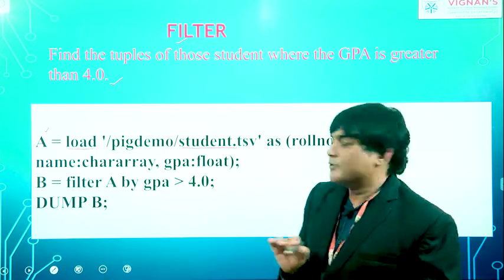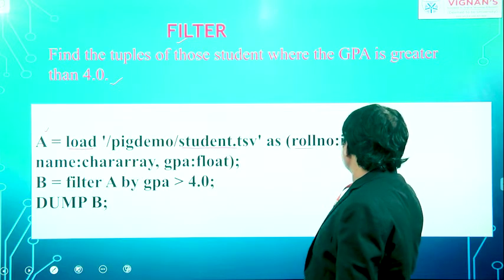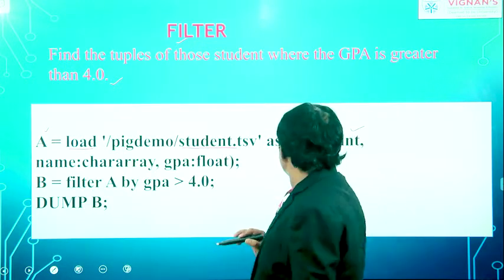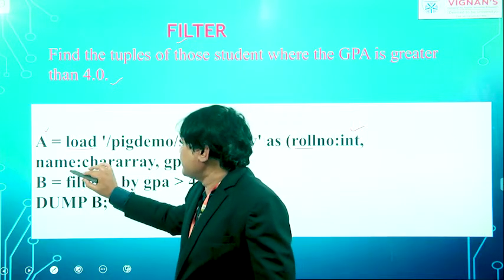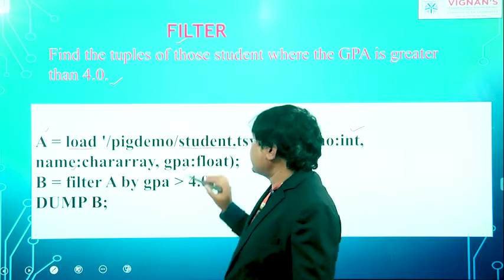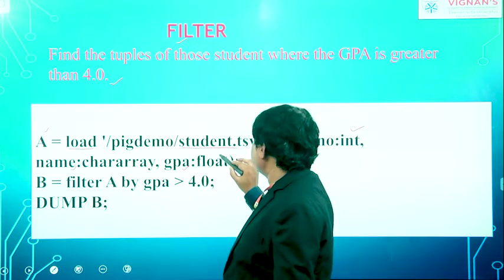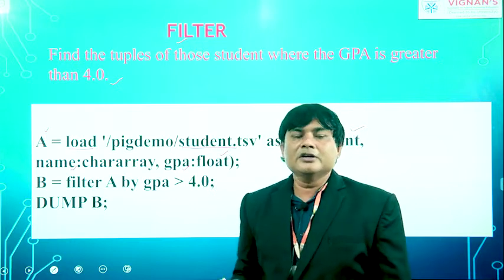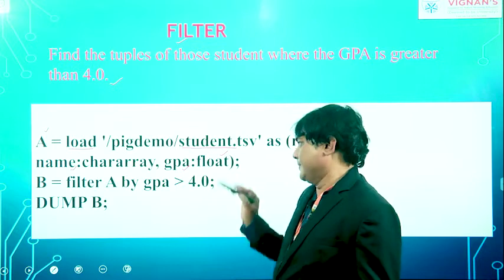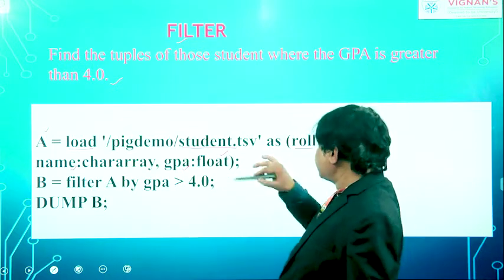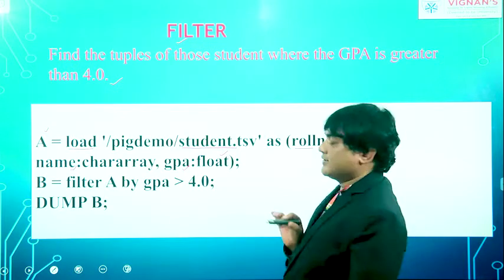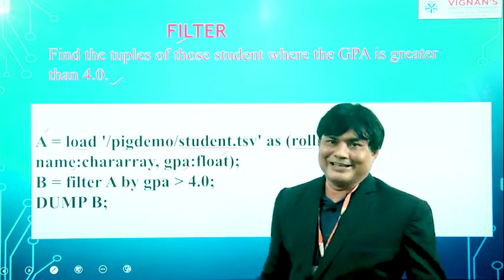What is the schema? We have a schema of roll number, whose data type is integer. We have name, whose data type is chararray. And GP is another field, whose data type is float, because GP will be in floating point: 3.0, 4.1, 3.1, it's GPA in floating point. Now I have this file with the following fields, and in this file you may have a lot of data